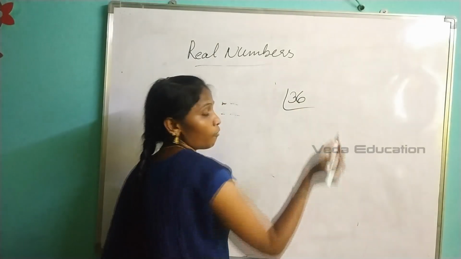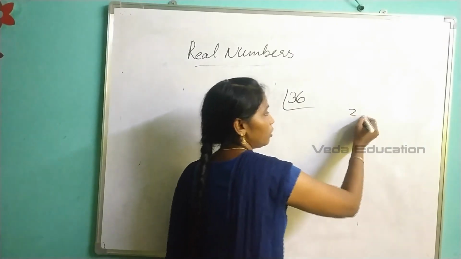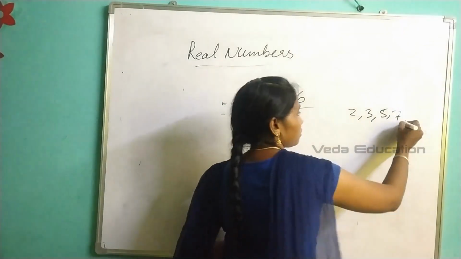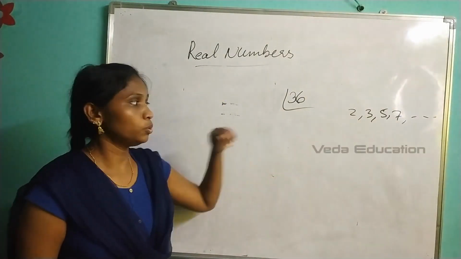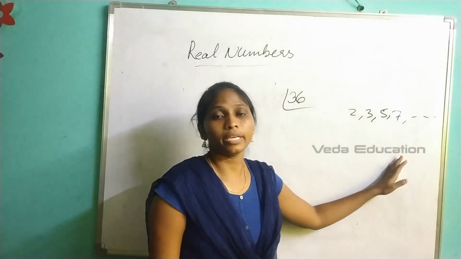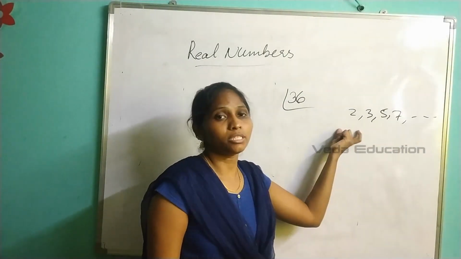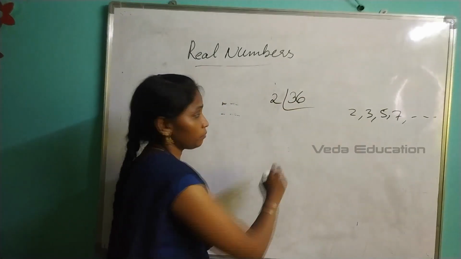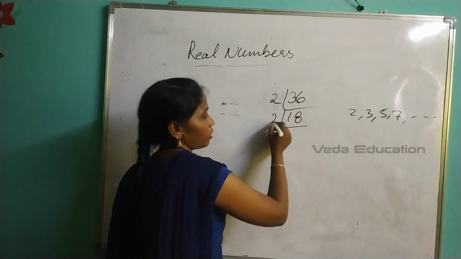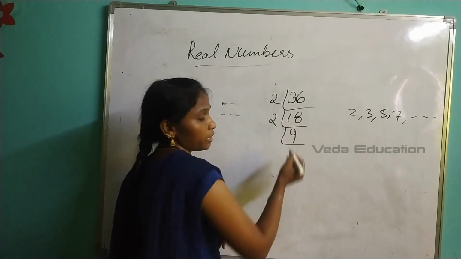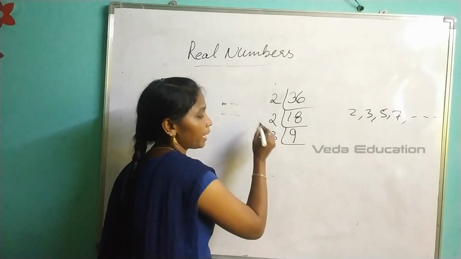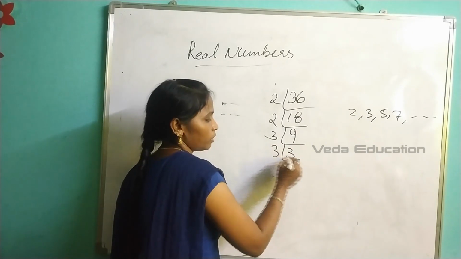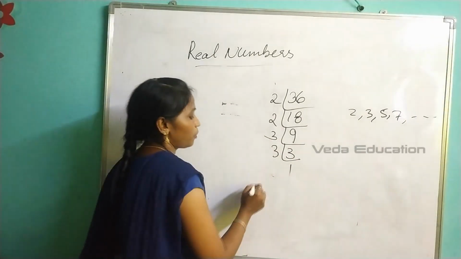36. Now what are the prime numbers here? 2, 3, 5, 7. Okay, these are the prime numbers. First, always consider 2, going from the smallest number to the highest. If it is not cancelling with the smallest number, go for another number. Now 36 will cancel in the 2 table: 18 times, 2 nines are 18. Now 18 is 2 times 9, so 2 is cancelling, but 9 is not cancelling with 2. So take another prime number, 3. In the 3 table, it will cancel 3 times. Okay. These are the product of prime numbers.